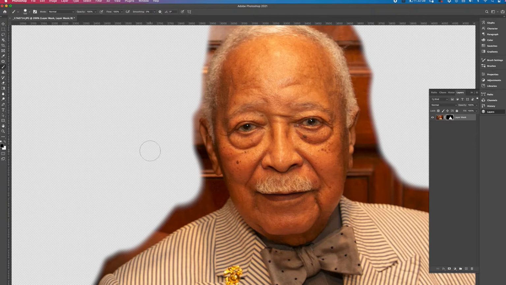So here I'm going to lower the size of my brush because I'm getting in close, and as you saw, the brush was way too big to get too close to him. I'm going to lower my opacity down to 85. Oh, let's make that 85 and hit return. And I'm going to be able to get in closer. See how the line gets significantly more sharp,